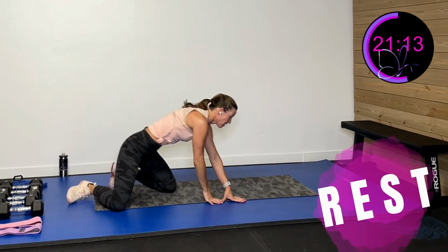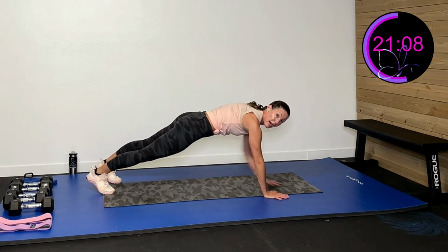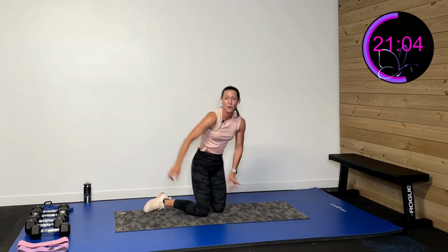Okay, so for our second activity, we're gonna be in that plank position. We're gonna shoulder tap, and we're gonna hip tap. And we're gonna shoulder tap, and we're gonna hip tap. Keeping that butt down. Oh yeah, and then this first activity we're gonna do is we're gonna do a single